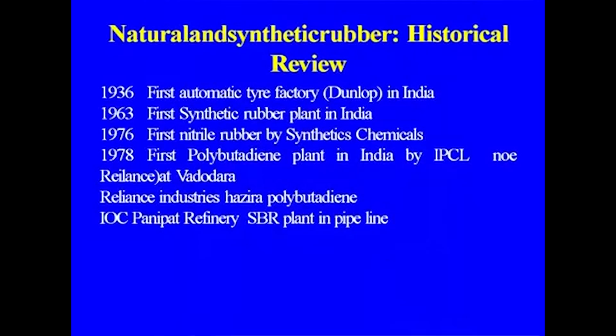As you know, Dunlop, and now there are other players also making tires, Modi Rubber and others, and so a number of plants are now there. But first, in 1936, the first automatic tire factory was started in India by Dunlop. In 1963, the first synthetic rubber plant in India, which I told you about earlier while discussing the raw material and